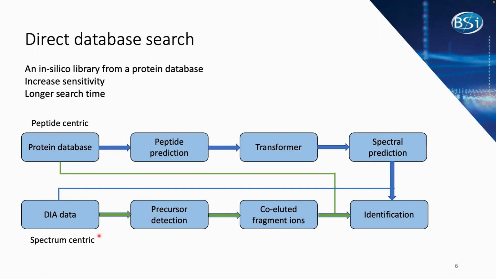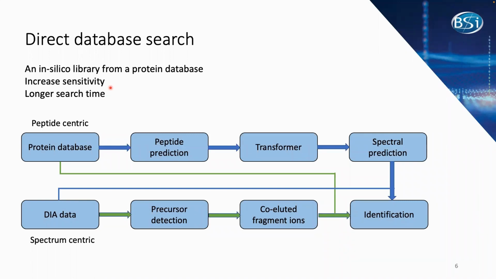Compared with the spectral library search approach, direct database search offers the possibility of identifying peptides that are not included in the spectral library, but it does require a significant amount of time to predict the theoretical spectrum. To combine the advantages of both computational approaches in PEAKS 11, we proposed